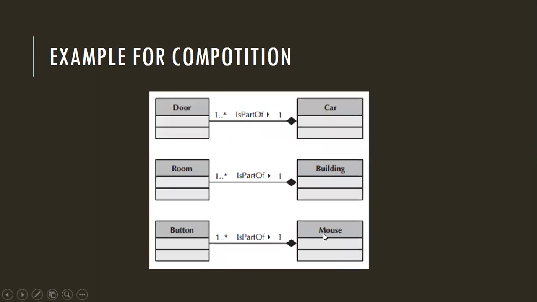Look, there is a mouse. Is there any point in removing the button of the mouse? Can you remove the button and put it on another mouse and use the button from your mouse? Nah, you can't do that. This button is fully dependent on this mouse. So you can't separate it. You can't use this button class with another class. You can't connect it with another class. So if you see something like this, which has been fully covered, then it is indicating a composition relation. Okay, so composition means it's fully dependent.